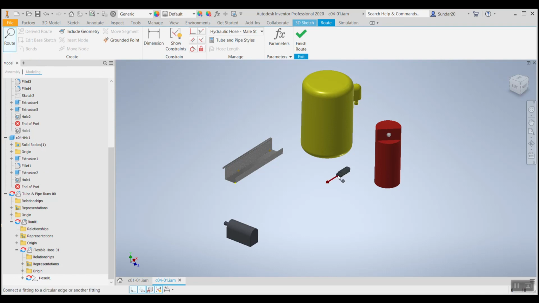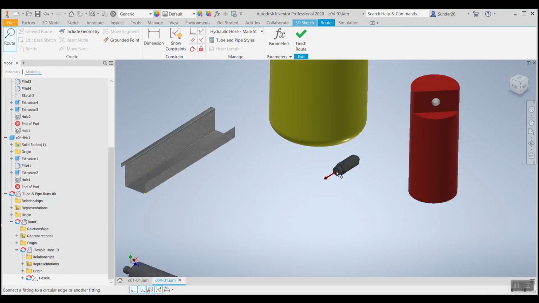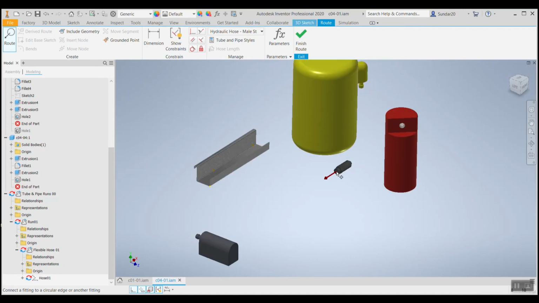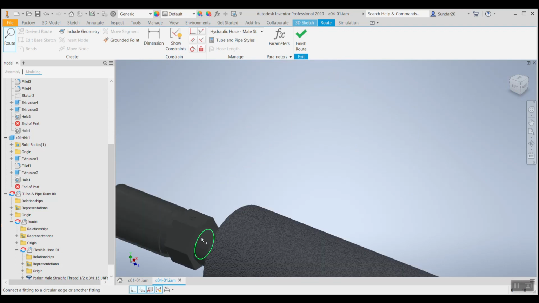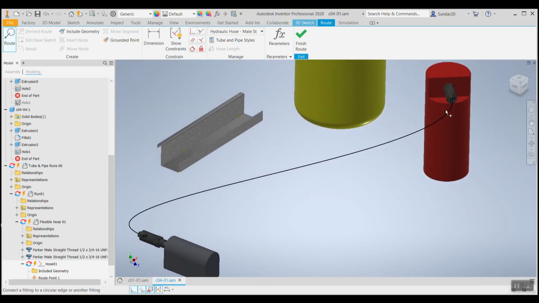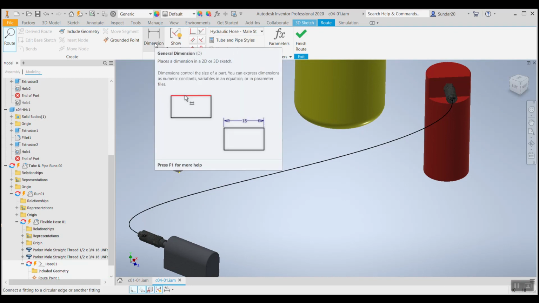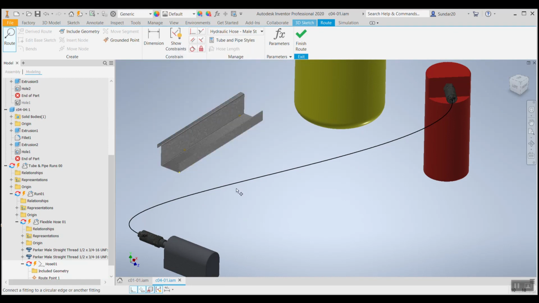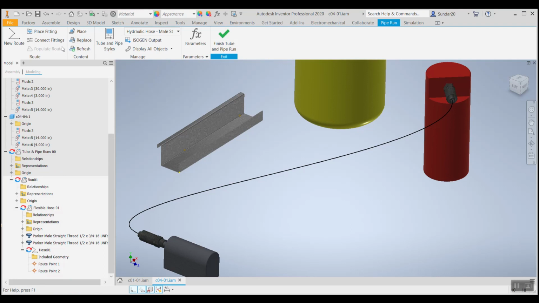So when we click the route option, you can see it comes along with the fitting. So we'll go and select this option here. And you can see it has created a flexible curve, and you can go over and change the dimension of the curve which it has created. If you're okay with it, say okay and populate.